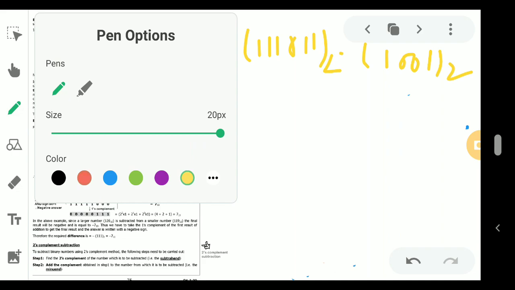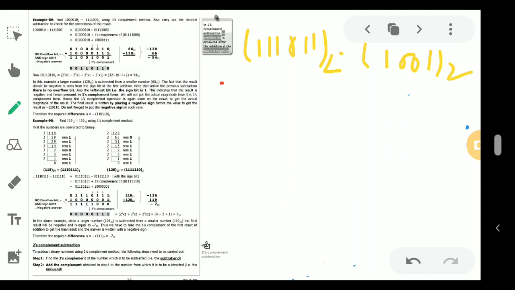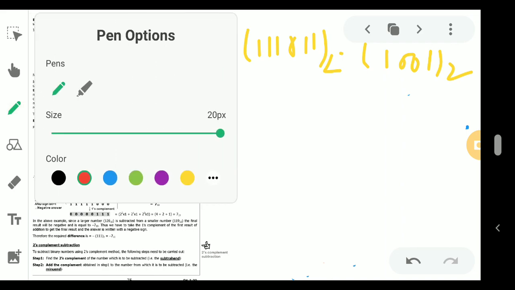So let's start with the question first. I am taking the question 111 base 2 and 1001 base 2. We need to subtract. The rule is first you count the number of bits. Here 5 bits, and here 4 bits. So we need to arrange the bits. We will make it a 7-bit representation, including the 0 bit. So let's start with the 0 bit to make it a positive number.